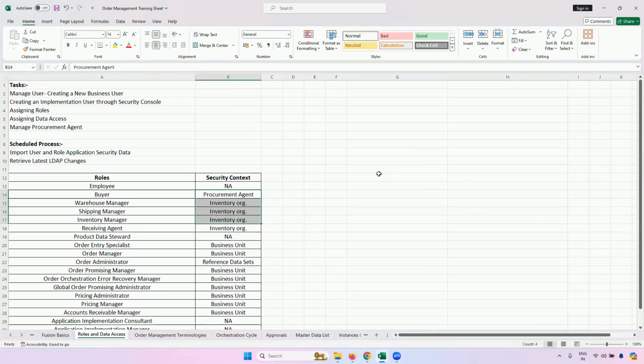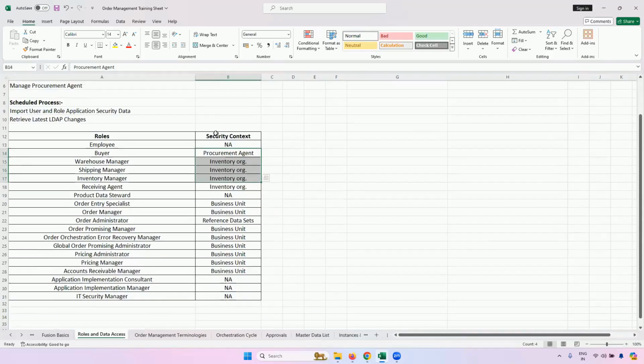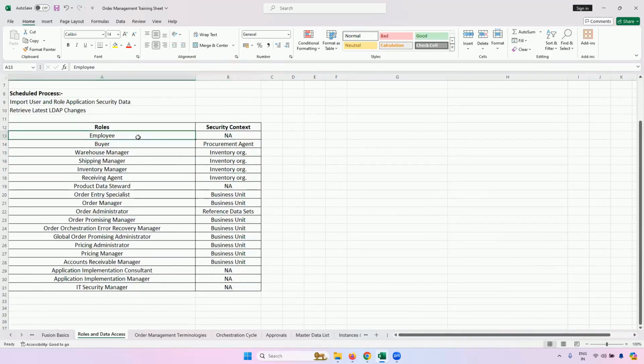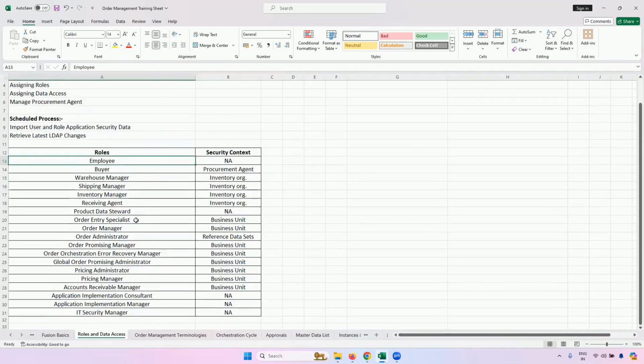So what I will do is, I will prepare one ADFDI sheet, and I will give you all these rows and security context, so you will have it handy. Whatever you're seeing on my screen and whatever rows and data access I assigned, I will embed it in an ADFDI sheet, and Tanmay will forward it to you all.